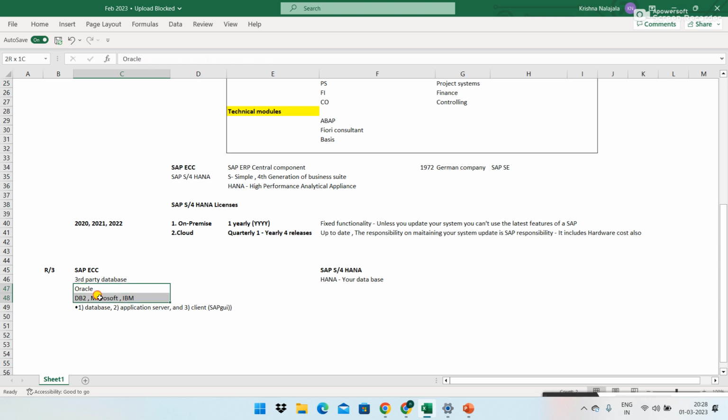These four are the database providers. Either one of these databases you have to buy along with the SAP license, and together they work in ECC, right? But here it's one database, the SAP database only, the HANA database.